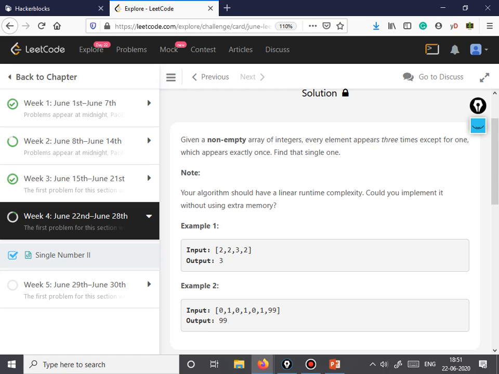I guess that solution is very common, but the solution which I would be providing would also run in linear time complexity as well as O of 1 space complexity. That solution is very easy to understand compared to the previous one, and I think the viewers could have a better understanding of the question. So let's move ahead, and I will take this example wherein we have three twos and one three. We'll take exactly this order, and see how we can proceed.